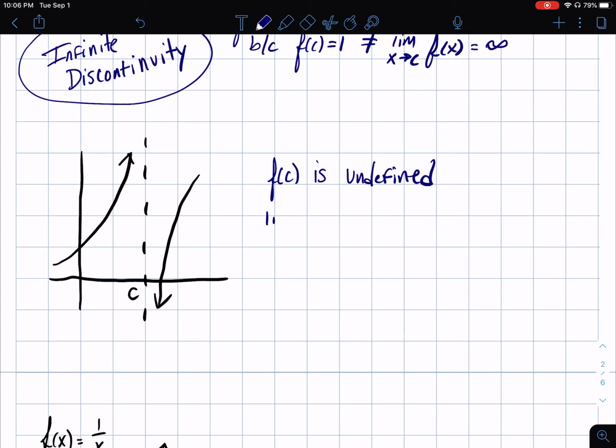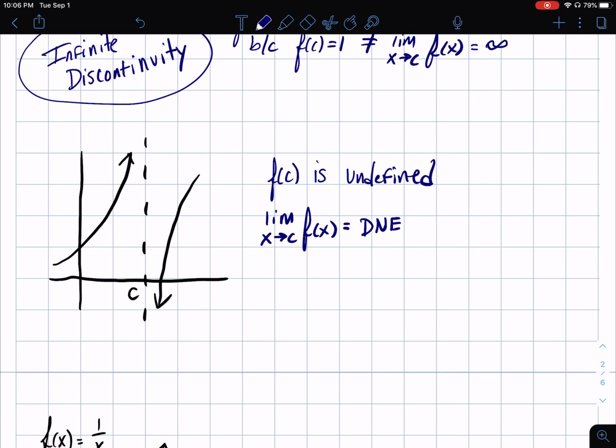The limit does not exist. And the reason that it doesn't exist is we have this graph going infinitely up and a graph going infinitely down. The limits are approaching different things,